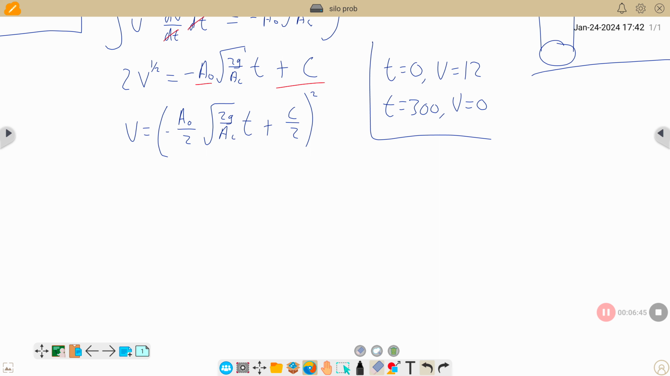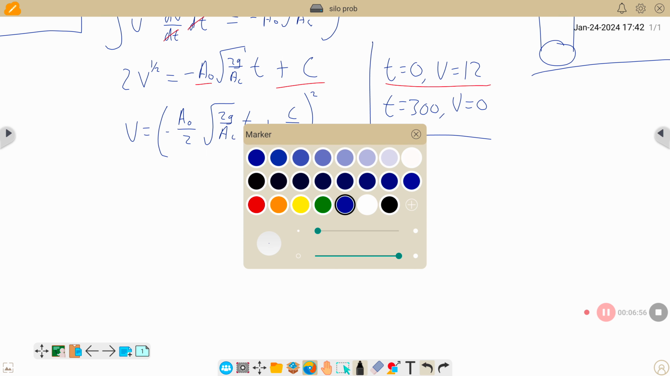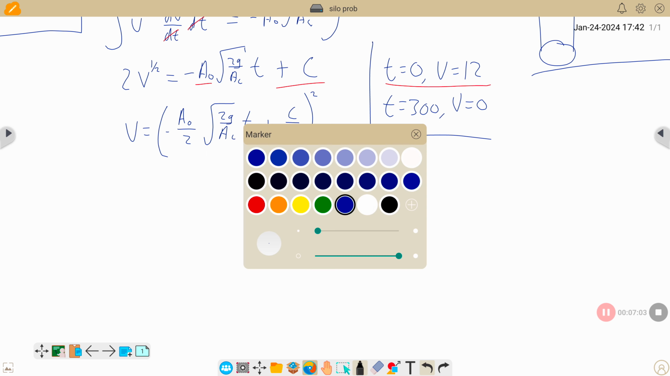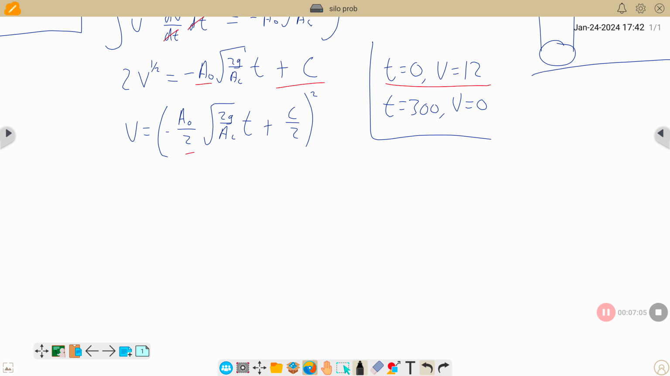Okay, so now I can plug in my boundary conditions. Let's have a look at this first one here. When t is equal to 0, v is equal to 12. Well, if I'm substituting 0 in for t, then this first term here cancels to 0. So I can say that 12, which is my value for v here, is equal to c